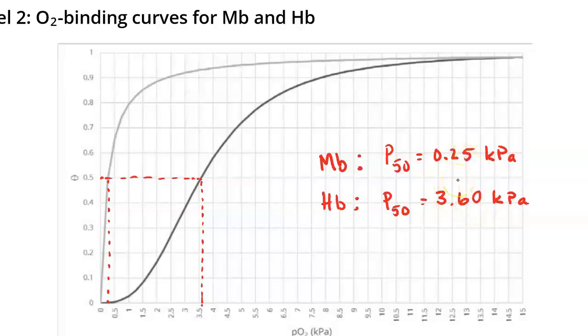So I would have been okay with this one if you put either 0.2 or 0.3, and on this one if you just put 3.6. Definitely not 3.5. If you're not looking at this closely enough to see, let me erase these lines right there. If you're not looking at that closely enough to see that that line does not cross exactly on the crossing point, then you need to work on your close scientific observational skills, because that's an important graph reading skill.